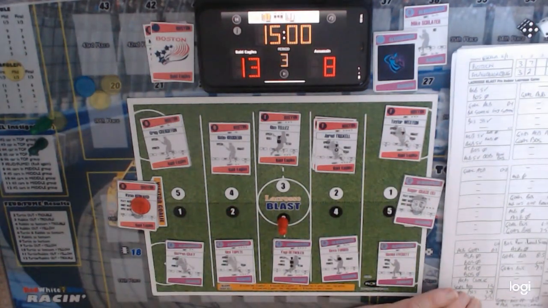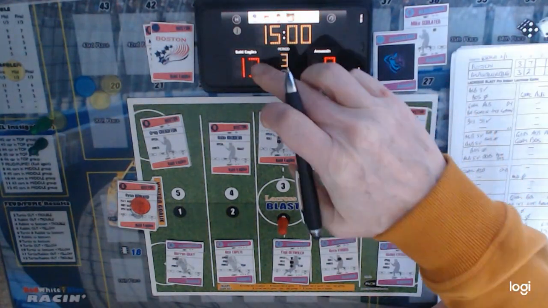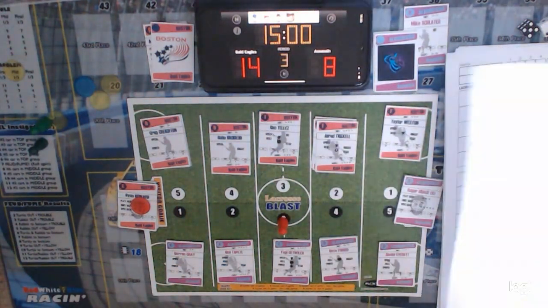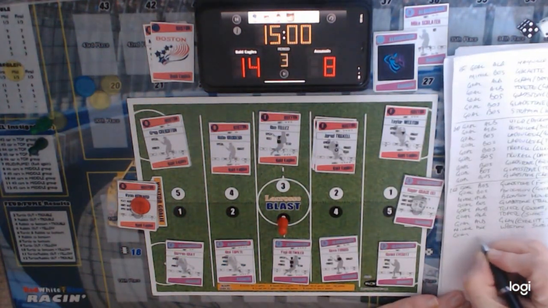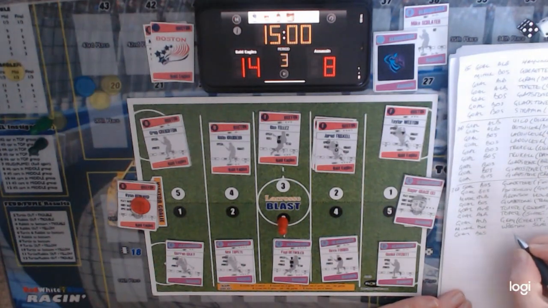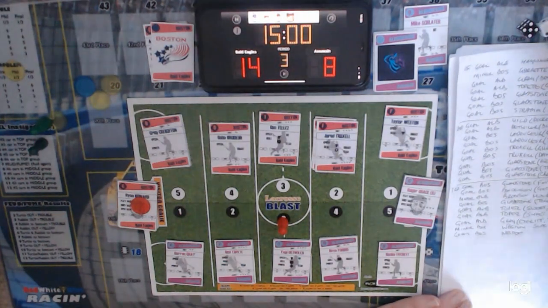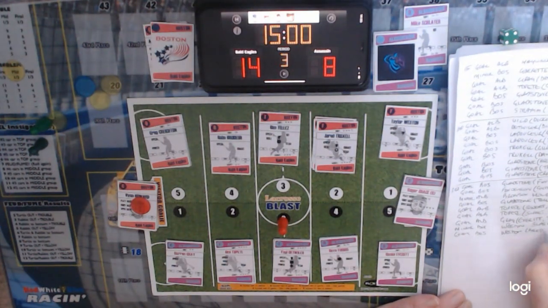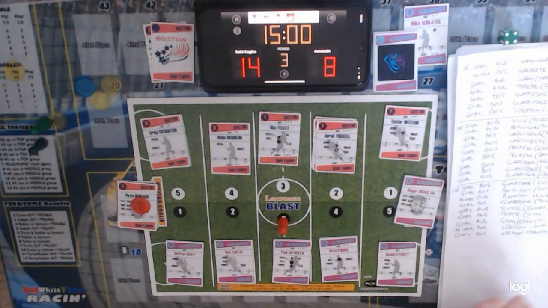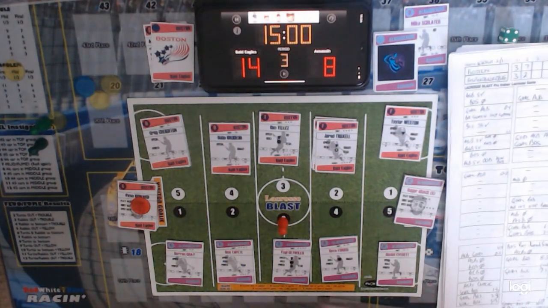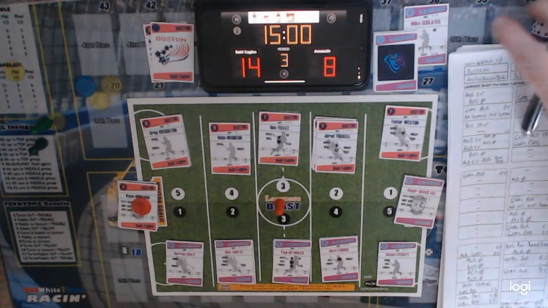So Boston with a goal on a power play to make it 14-8. And Boston's highest scorer, there's 3 of them. So it's going to go to Western. And are there any assists? Yes, Brodeur gets an assist. So power play goal 14-8, and as we come down to the final 2 minutes of this third period,